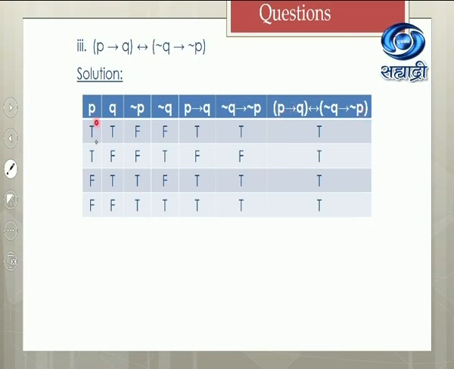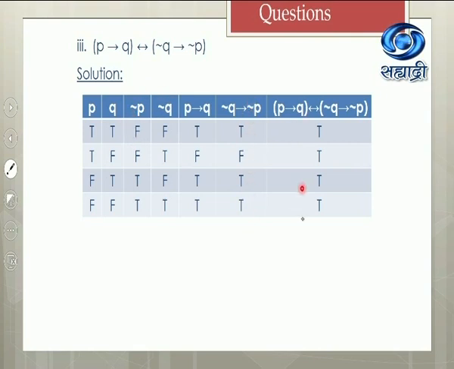Okay. So now you all know how to fill up P, Q, negation P, negation Q. P implies Q is true, false, true, true. Negation of Q implies negation P. So students, we are going to do it in this way, because in implication, true implies false is false, all others are true. So false implies false is true, true implies false is false, false implies true is true, true implies true is true. Do not do it in any other way, you have to follow this way, because it is the negation of Q implies negation P column we are doing.